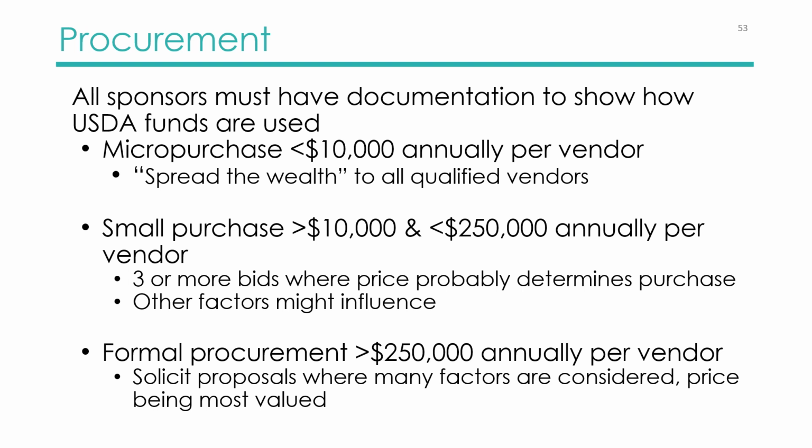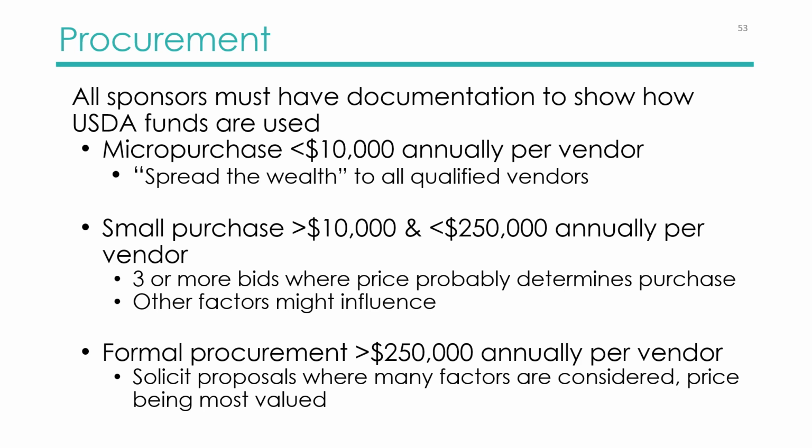The total price that accounts for the cost of the items, delivery fees, and mileage driven to pick up the items would all be considered in the final price determination used to select the most economical option. Formal purchases that require an invitation for bid or request for proposal are used for purchases that exceed $250,000 annually. SFAs should be aware that their district's purchasing thresholds might be more restrictive than the federal thresholds. The SFA should make purchases according to those most restrictive thresholds based on how much they estimate to spend on